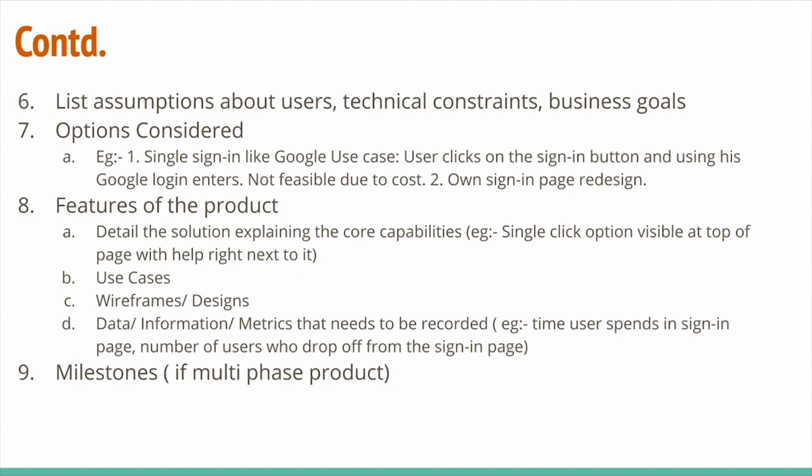You will have to provide your wireframes and designs, right? If there are specific use cases, like for example, there is a help option, like my example, right next to the single click option. What happens if the user enters the wrong username or password, right? So all those specific use cases, basically the scenarios that a user is going to use or interact with the product, have to be detailed out here. So that, when you're developing the product, the person who's developing it, the engineer, understands in detail and is able to implement the solution.